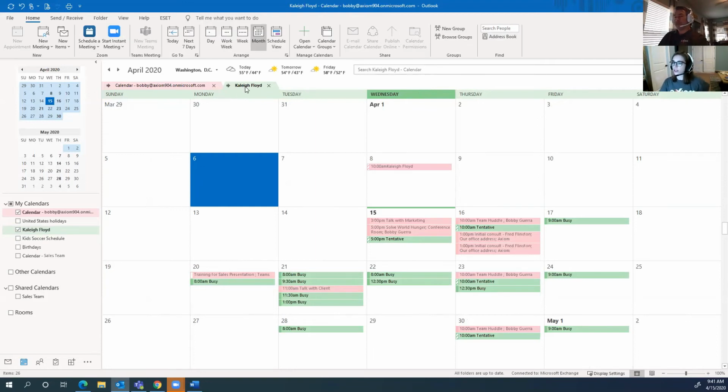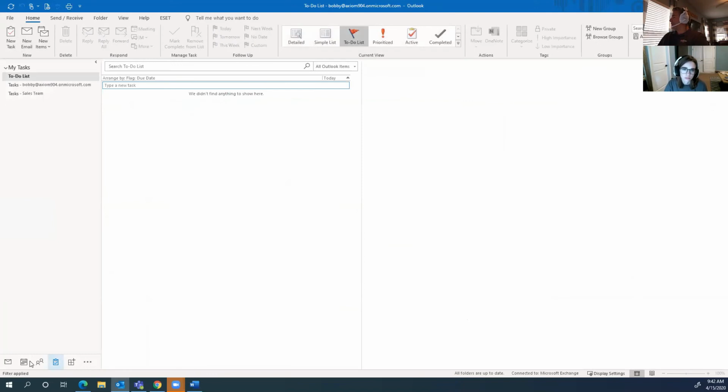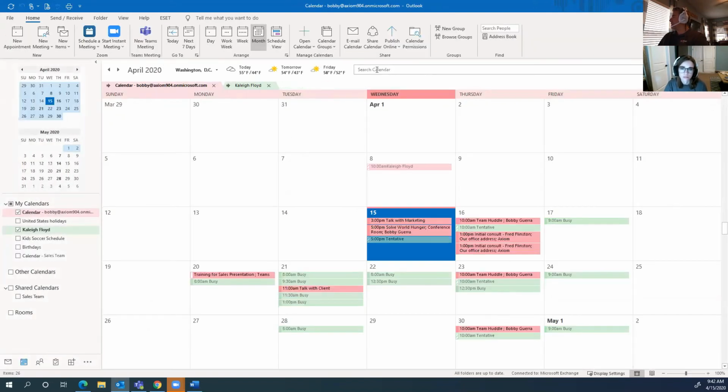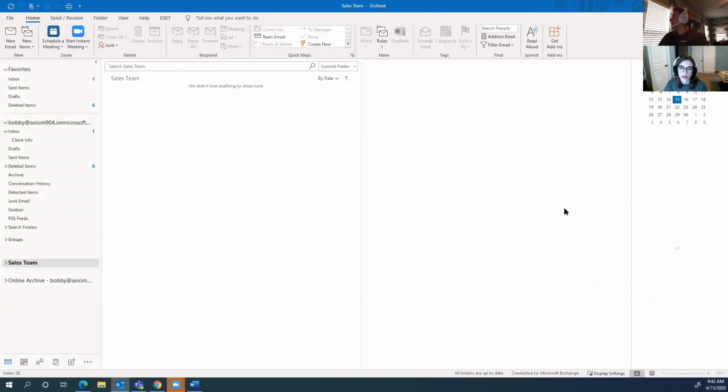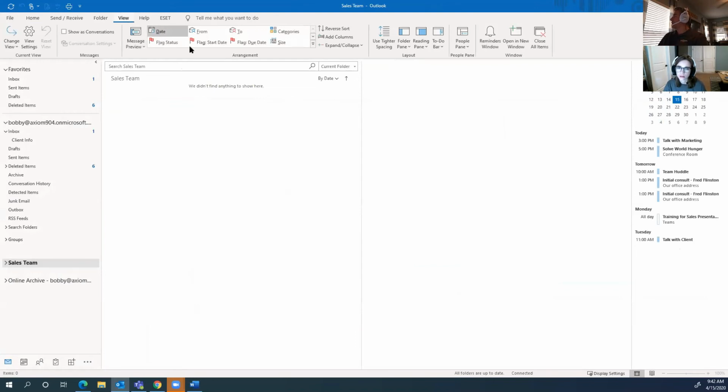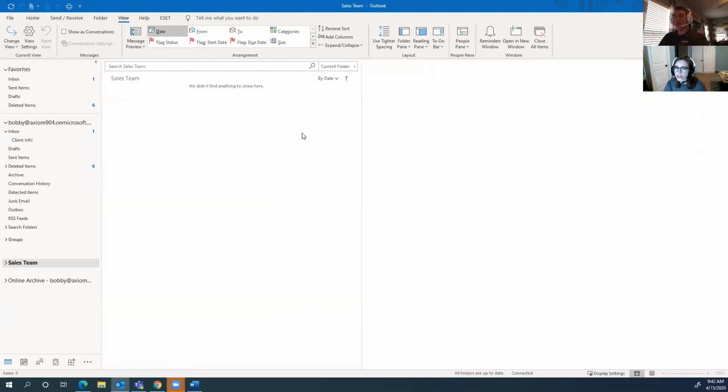Now, Tristan has a question. How do you get the calendar on the side if you don't have the to-do option on the top? Do you know what she's talking about there? I think she's referring to this view. Okay, so you just go to View, and then there's this to-do bar right here that you add. That's what makes that calendar. So I guess she doesn't have the to-do. It should be there.